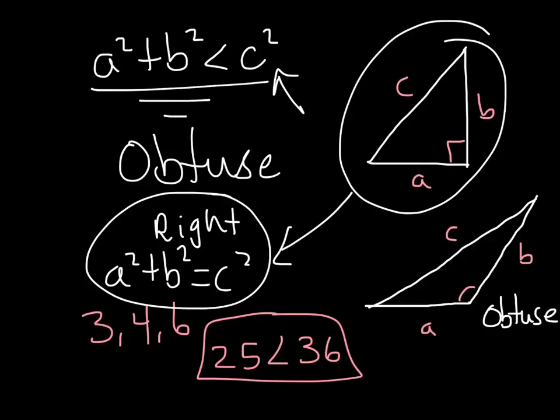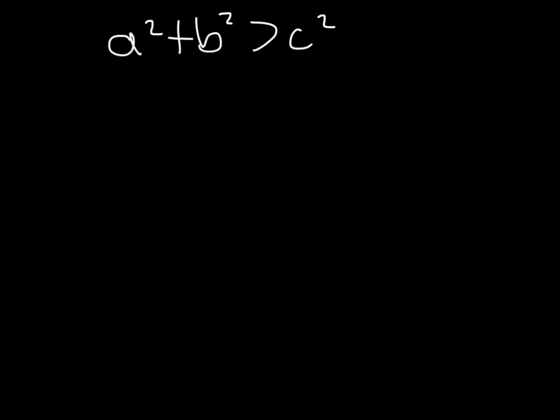I hope that's helpful. Let's talk really quick about acute and why the acute would make sense. But you probably already figured that out. If this is obtuse right here on the top, then acute must be when a squared plus b squared is greater than c squared. So what about a situation like this where a squared plus b squared is greater than c squared? Well, if we want to think again about a right triangle where they're equal,